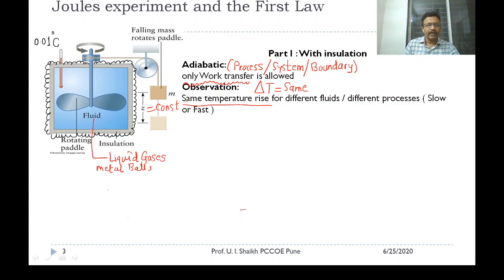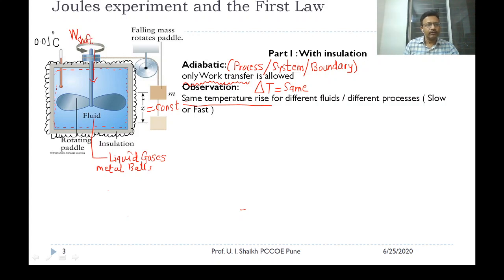Now let us do the thermodynamic analysis of Joule's experiment. For that, first I will define the system as shown by the dotted line I'm drawing. This is the boundary I'm defining, and everything inside this boundary is our thermodynamic system. Second step, I will watch the boundary for the presence of energy interaction. So over here, I'm observing some type of work transfer because a shaft is inserted, and I'm calling this shaft type of work transfer.